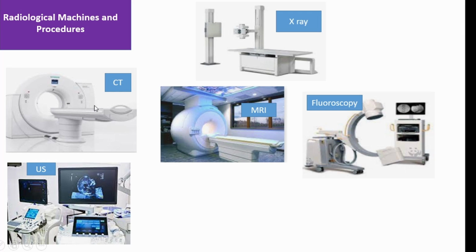The patient lies here, and you can see the gantry here. Then the patient is pushed into the gantry, and there is going to be rotation. The part inside here rotates and takes the image of the patient. Then the images are processed, and they can come as slices, cross-sectional, longitudinal, in whatever view. This is connected to a computer system where you can manipulate the images that you need.